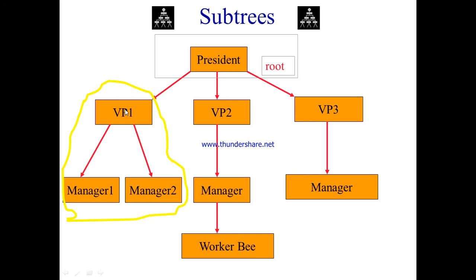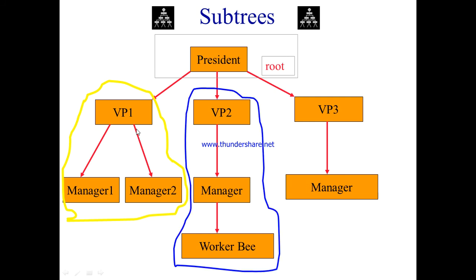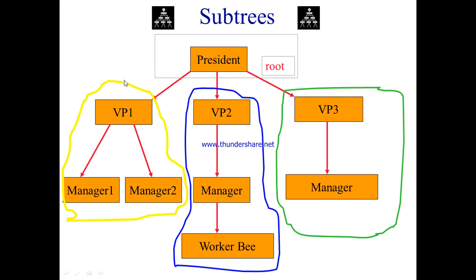If I take this as the root element, these will be its children. It is a subtree because it is also expanding. So this we are going to call a subtree, then the next subtree and the next subtree. For the total tree, we can divide it into 3 subtrees, because the president is branching into 3 parts. These 3 parts are again trees themselves. That's why they are called subtrees. So we can have 3 subtrees in this particular tree.